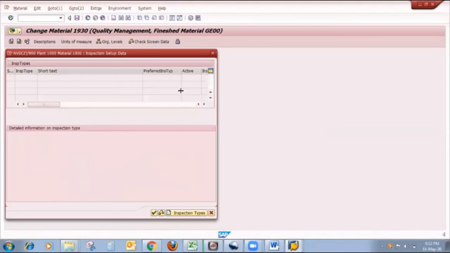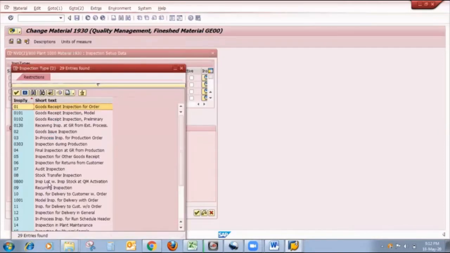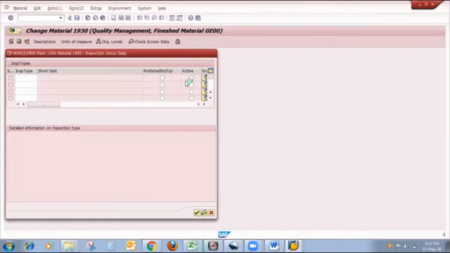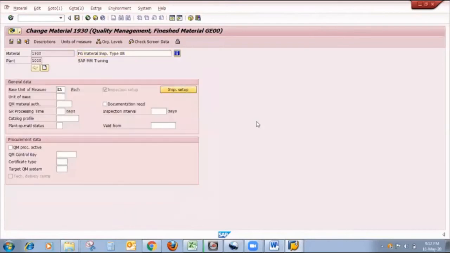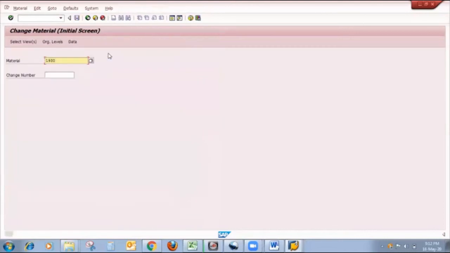I want to maintain the quality management view for that finished product. Here I will maintain inspection type 08, that is a stock transfer inspection. Again, I want to check whether all business transactions are properly assessed or not. So all business transactions are properly assessed. Now I want to save it.